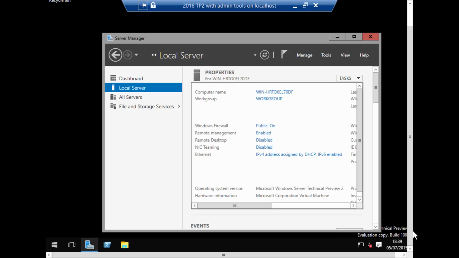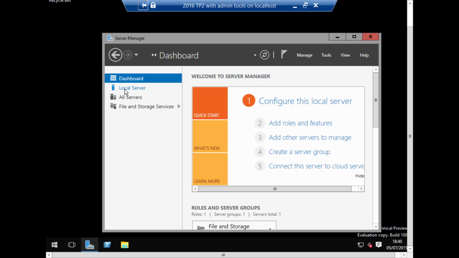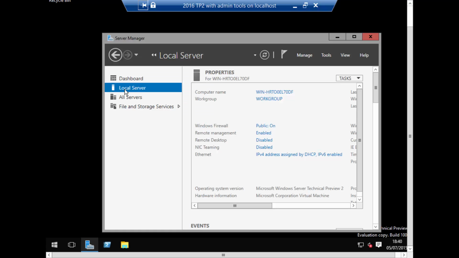I'm Reno Cabral, and in today's recipe I'm going to just show you some basic configuration on Windows Server 2016 Technical Preview 2. As you see over here, I'm already logged into my Server 2016 and I'm on my Server Manager. So if you go on to Local Server on Server Manager, you'll find the first thing is the